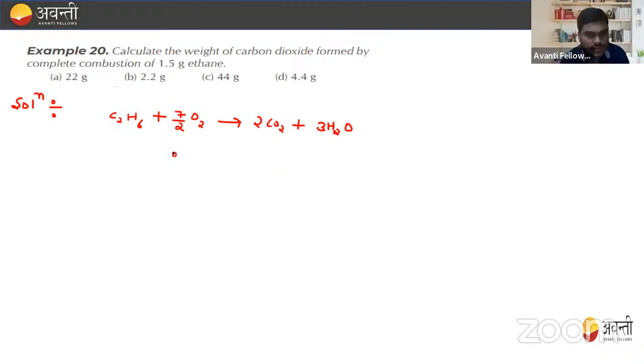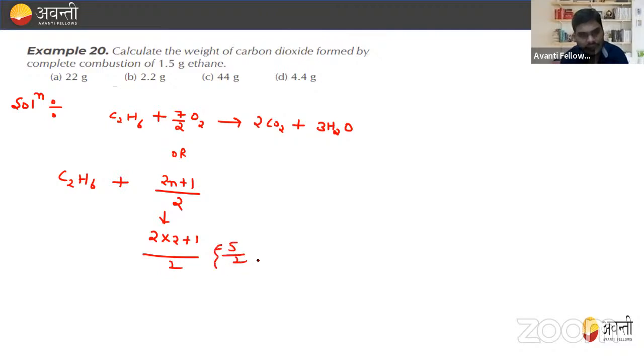We can also remember this like (2n plus 1) divided by 2, right? So here the carbon is 2 and H is 6. So we can use like this: 2, n is 2, plus 1. So 2 into 2 is 4, plus 1, divided by 2. This is equal to 5 by 2, not 7 by 2, right? So this will require 5 by 2 only. So it's not 7 by 2. So just correct this. This is 5 by 2,